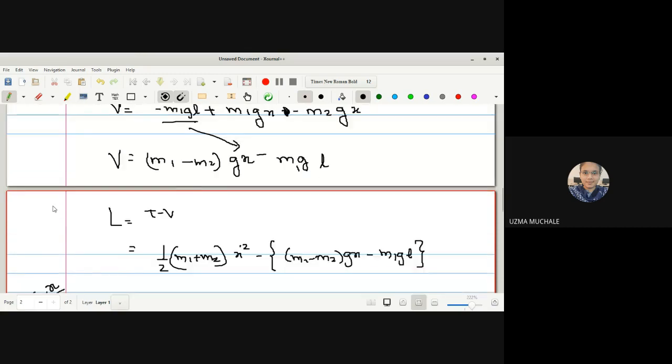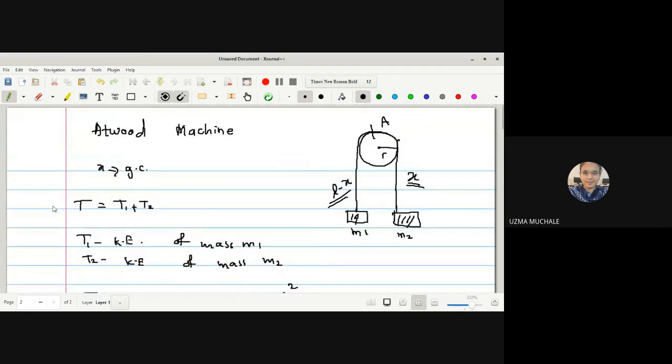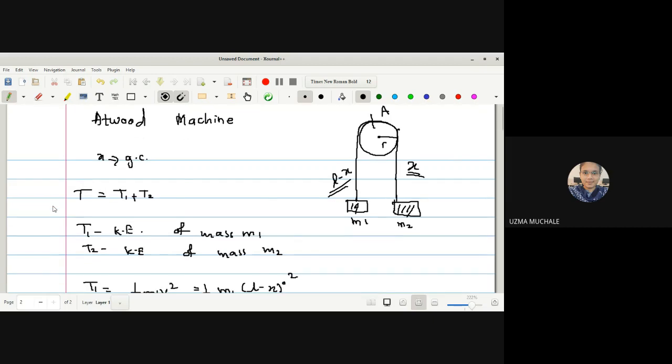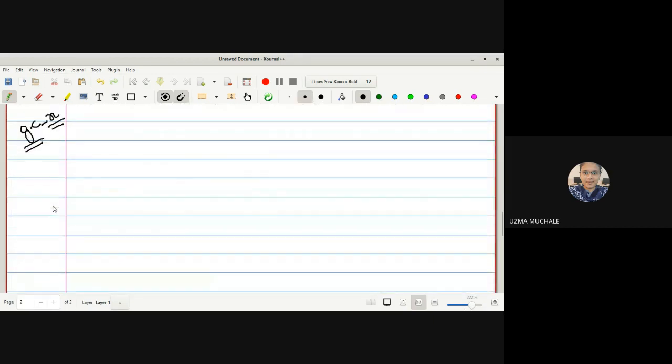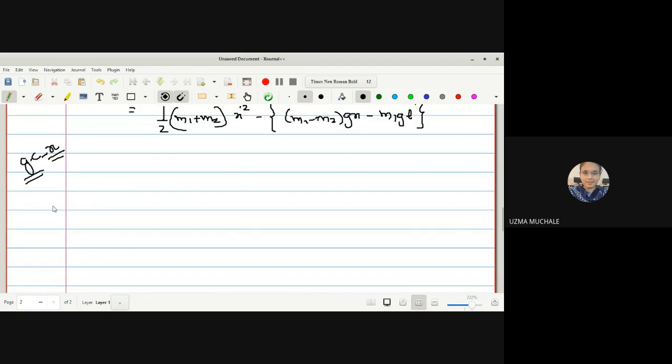अगर आपको position x पता है, तो आप L minus x find out कर सकते हो because L is fixed. Okay, so simply x will determine the position of mass m1 and m2 both. Correct? So x itself will work as a position vector. So here already we have written what a generalized coordinate is. x itself is a generalized coordinate. Now, what will be the Lagrange's equation of motion? Can I write this directly as d by dt of dou L by dou q dot? यहाँ पे लिखते हैं ना? So directly I will write x dot minus dou L by dou x is equal to 0 as it is a conservative system.